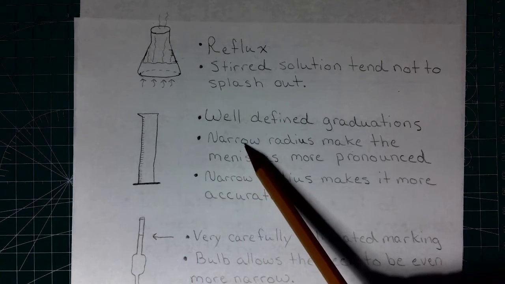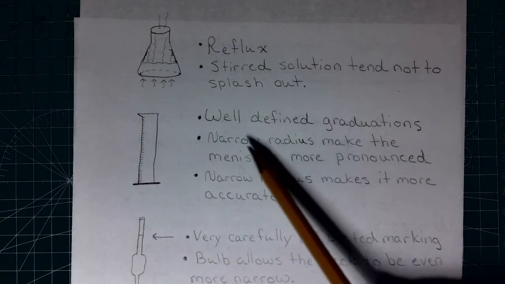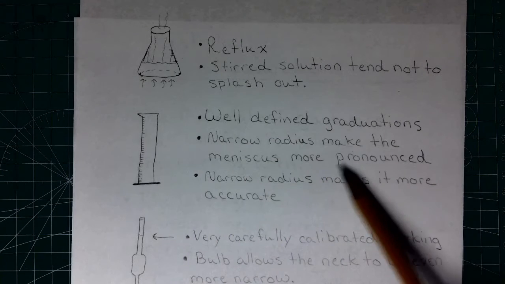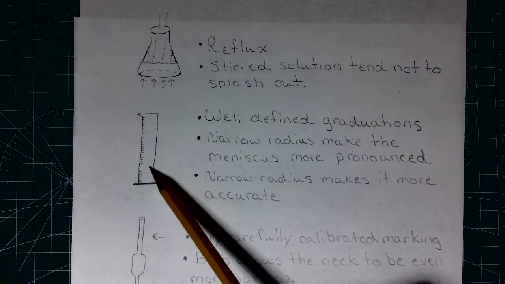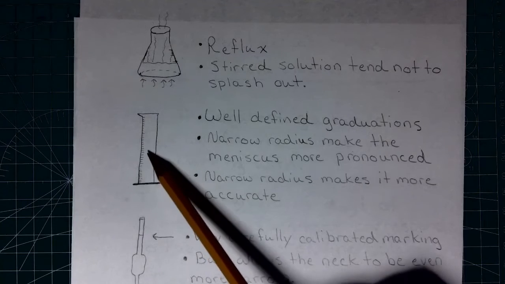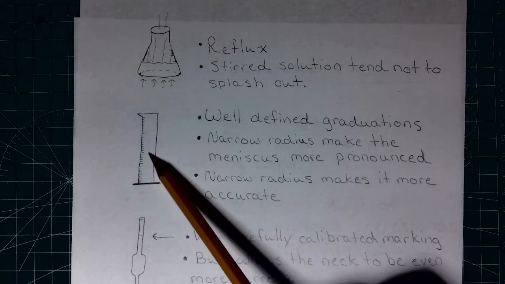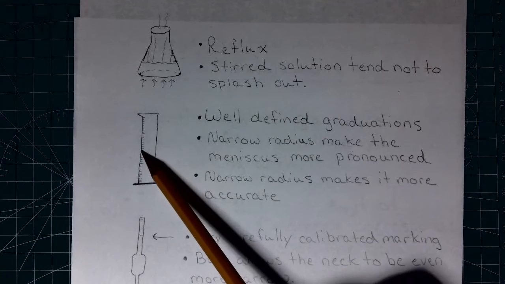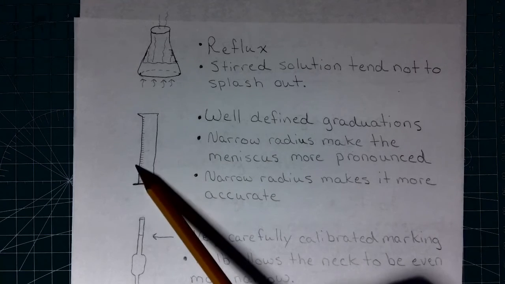One of the big problems with the beaker and the Erlenmeyer is they're too wide to clearly see the meniscus. Okay, the meniscus becomes much more pronounced as the container gets narrower, and so that makes it a little bit easier to figure out where the bottom of the meniscus is in order to get that very accurate reading that we need and take advantage of all